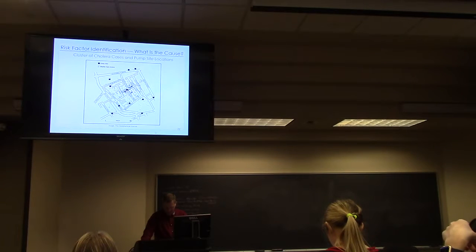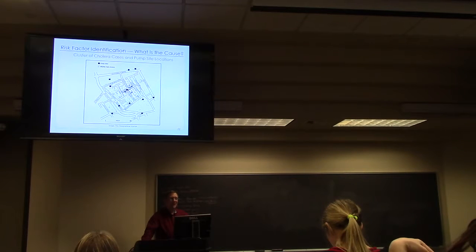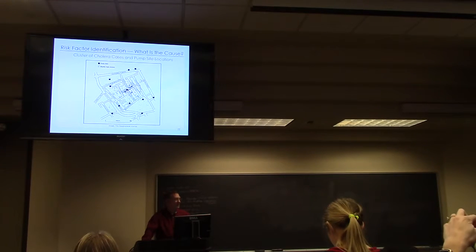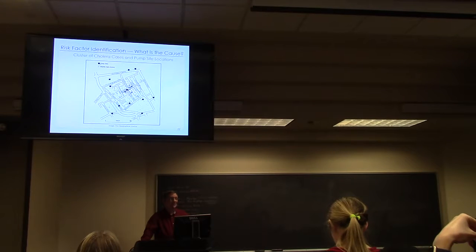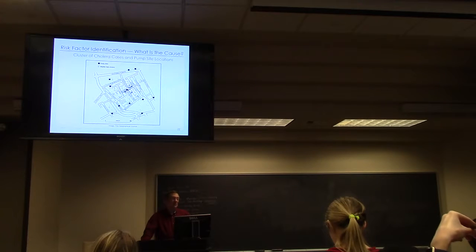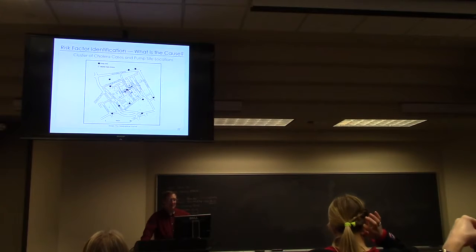So then after we had done what is the problem, your next question is risk factor identification, which really is what is the cause. So now that they know what the problem is and where it was, what was actually making that come about? You can see this little map here. Because he felt like water was one of the sources through which it was being transmitted, they went and mapped out the sites of all the public pumping sites for water, the water wells in the city. And you can see a big black square for all of those, and then all of these are the places where the cholera took over and actually caused deaths.